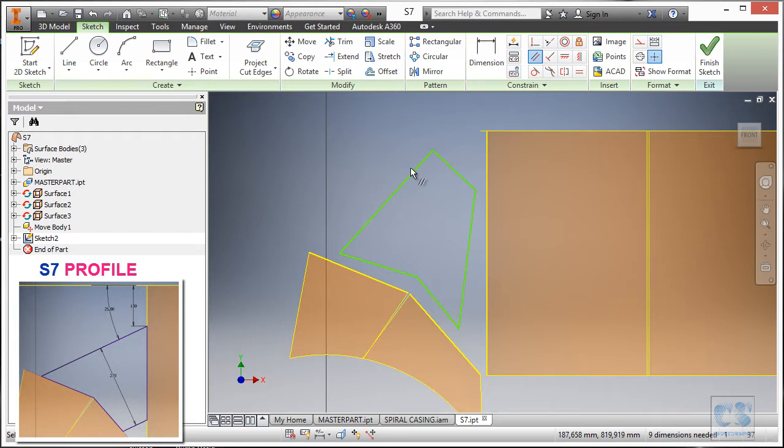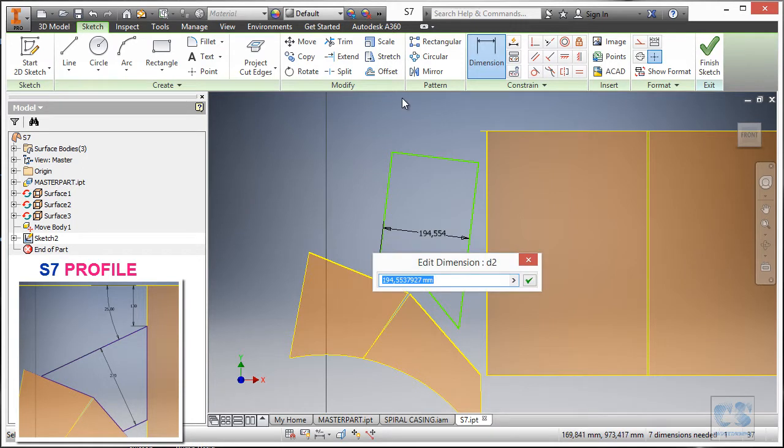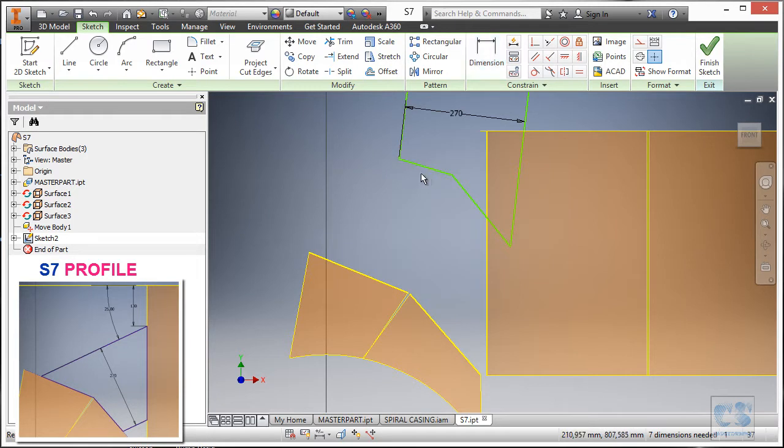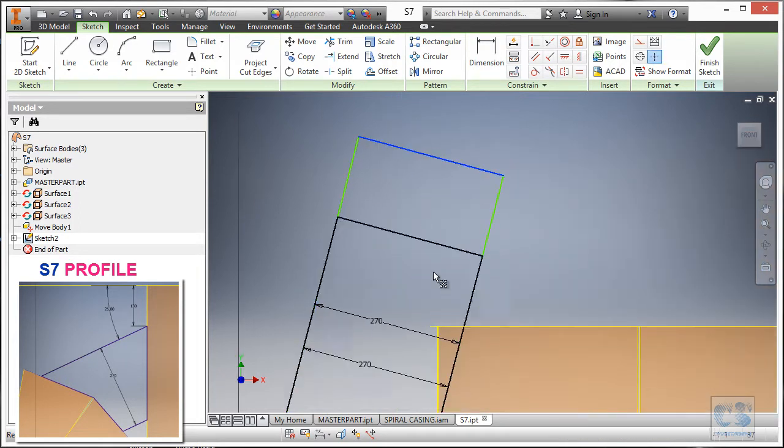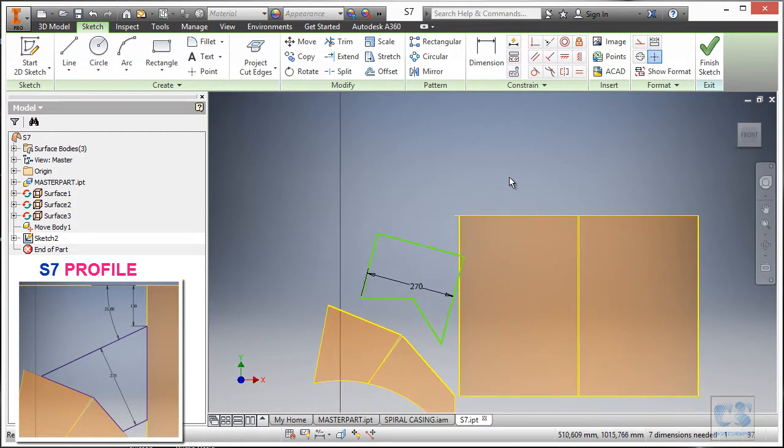Okay, so parallel constraint, this and this, and we try to move this like so. Then we'll have the distance between the two, and make sure that we have our 270, then enter, and everything is trying to fly around, so we are not going to let that happen. Okay, so let's drag this down, and maybe this should be more like this.